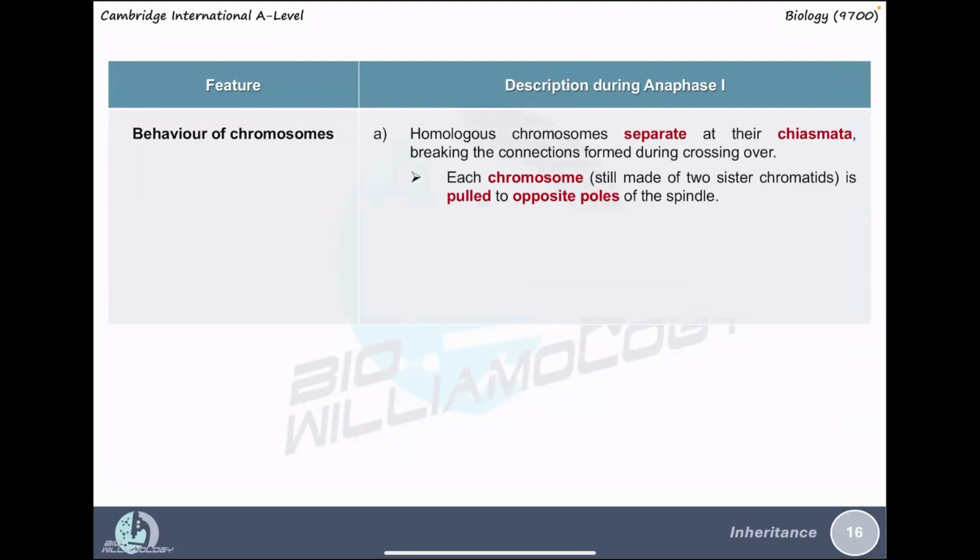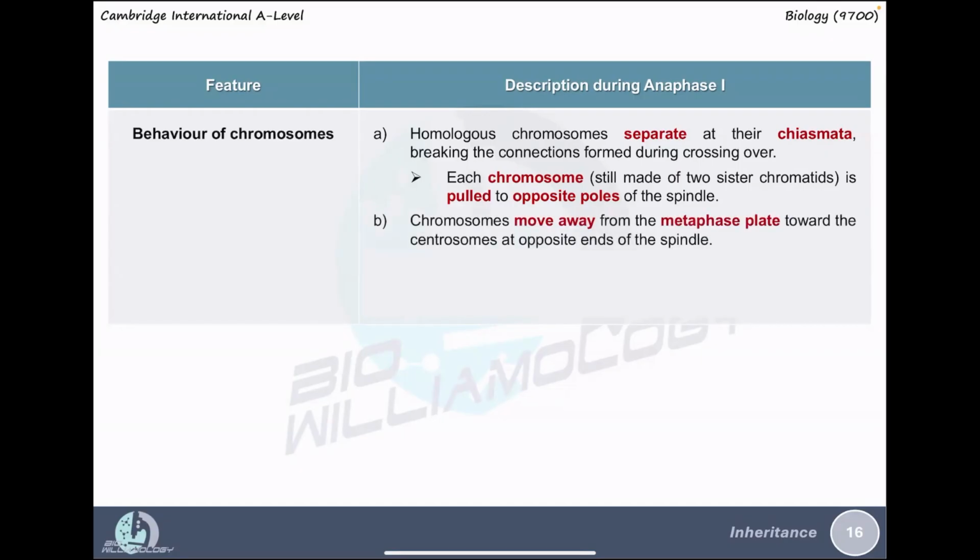So homologous chromosomes now are separated at their chiasmata, breaking the connection formed during crossing over. And each chromosome is pulled to the opposite pole of the spindle. Remember, it's chromosome, not sister chromatid, because at this moment each chromosome is still made of two sister chromatids joined at the centromere. So the chromosomes now move away from the metaphase plate towards the centrosome at the opposite end of the